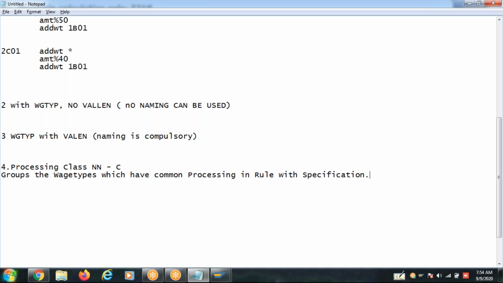Or in other words, you can say the processing class specification represents